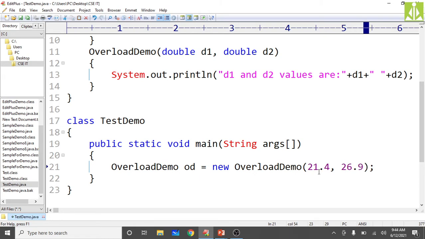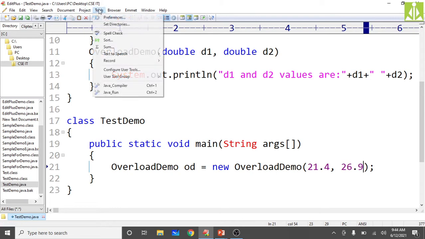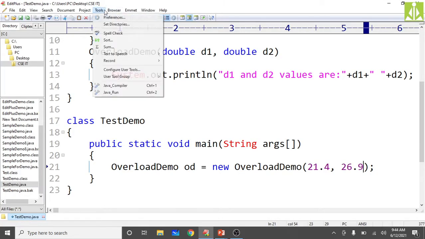Okay, save this. Program got saved. Now once again compile. Compilation successful. Execute. As you can see, you are getting d1 and d2 values as 21.4 and 26.9.